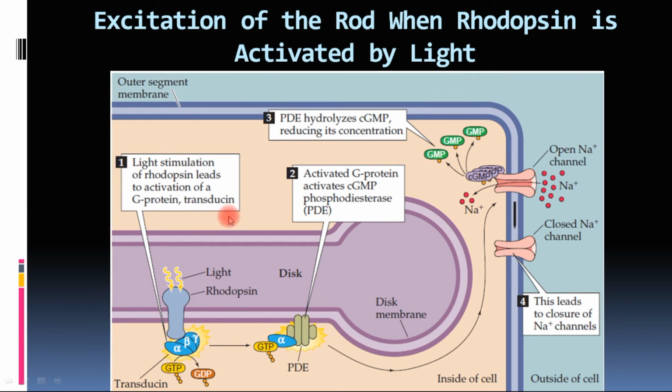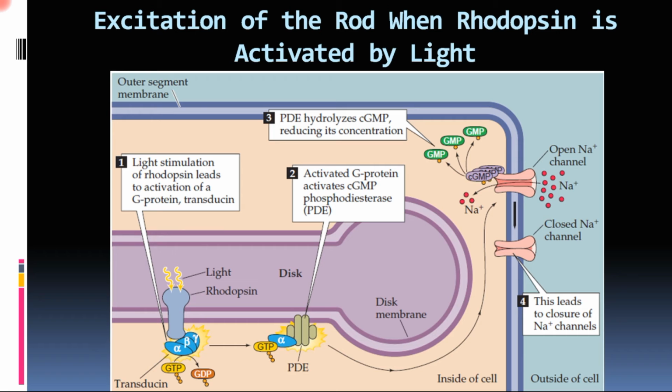So let us see here, when the light falls on rhodopsin, we have seen in the previous slide that the visual cycle takes place and the rhodopsins get split up. The rhodopsin, which is made up of 11 cis retinal and the scotopsin protein, gets split up because the 11 cis retinal got converted into all trans retinal, and that all trans retinal does not fit inside the scotopsin protein. That is why they split up, and in that process one intermediate is formed that is called metarhodopsin 2.